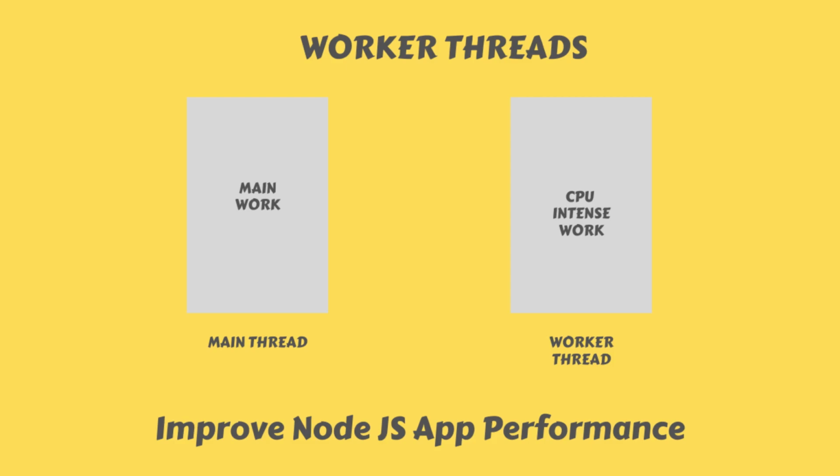Now I'm going to take an example of how you can exactly create a new thread and show you how you can also implement the same in your application. For this, I'm going to create a new blank project, and I'm going to create a main script and a separate script in which we are going to do some CPU intense work. So let's do that.